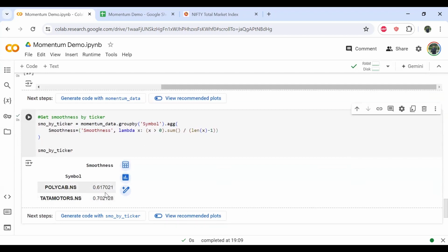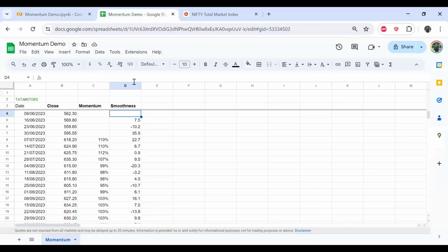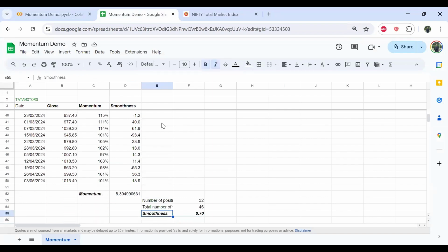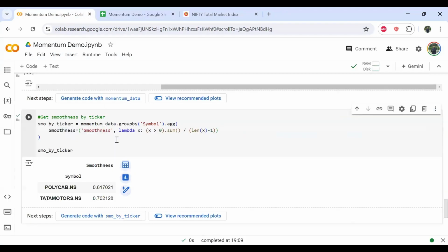smoothness scores. So let me compare this with what we get in the Google Sheets, 0.617 and 0.7, and 0.7 is the smoothness score for Tata Motors, and this exactly matches with what we got through the code. Perfect. Now we've got both momentum scores and smoothness scores, but we want both of them in the same table